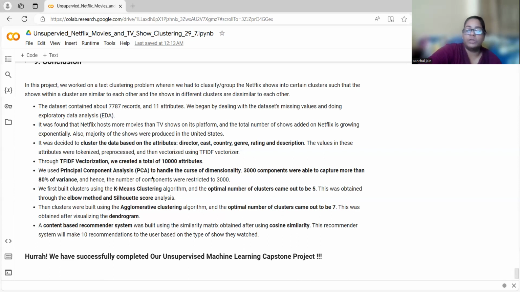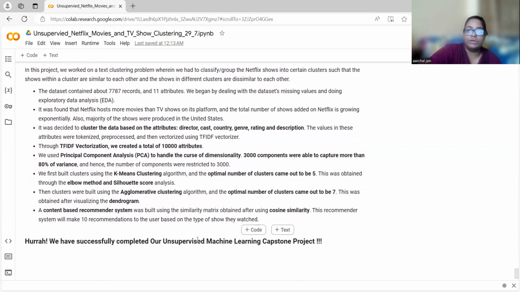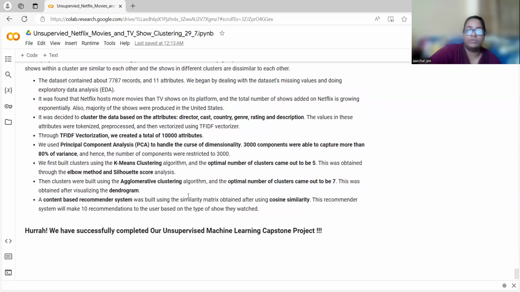Then we formed the clusters based on the attributes such as director, cast, country, genre, rating, and description. Then we did the vectorization where we created about 10,000 attributes. Then we did principal component analysis to handle the curse of dimensionality. Then 3,000 components were able to capture more than 80% of the variance, and hence the number of components